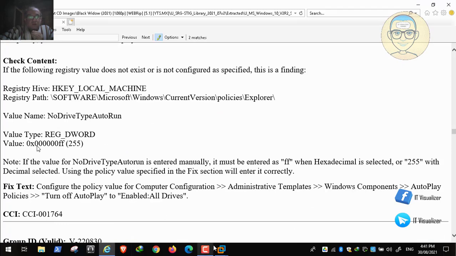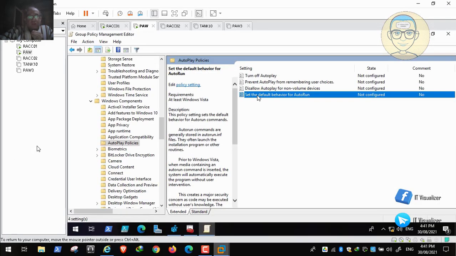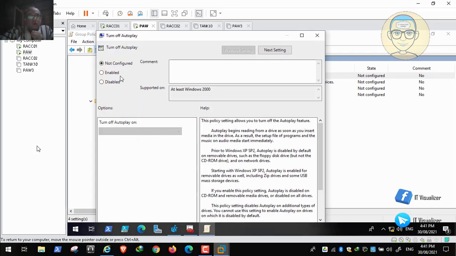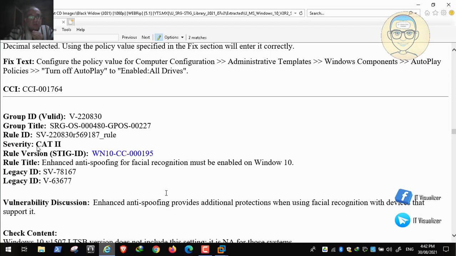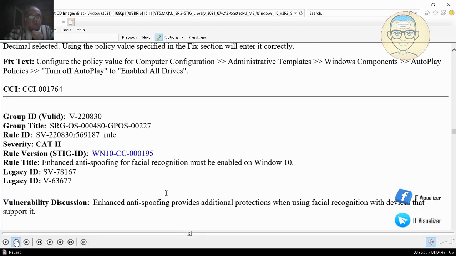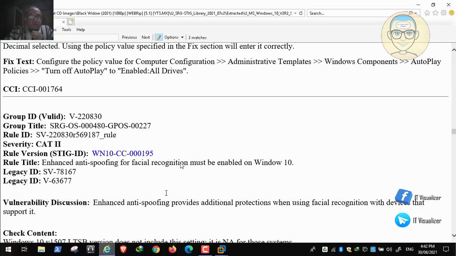So we can go and enable it for all drivers. Here we will tell it to turn off autoplay for all drivers. You can specify it for DVD and network drivers, but we will disable it for all. Here we can see one of the options is to enhance anti-spoofing for face recognition, which must be enabled on Windows